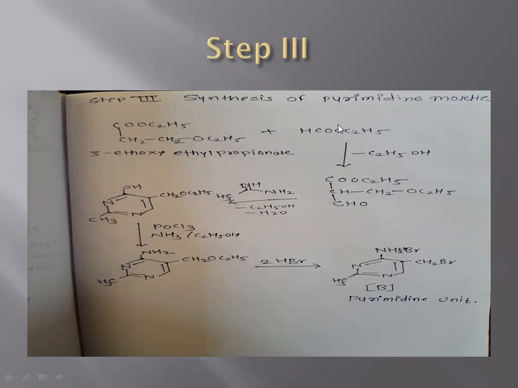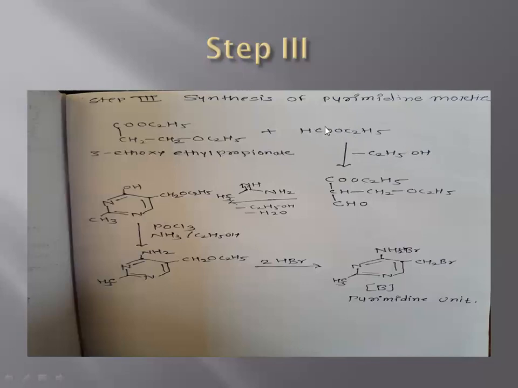If you are able to see the second reactant, OC2H5 is removed, but it is removed with one hydrogen atom. It abstracts one hydrogen atom from this carbon atom, which has the most acidic hydrogen atom because of the carbonyl group near to it. So the hydrogen atom from this carbon atom and this OC2H5 group will be removed as C2H5OH,